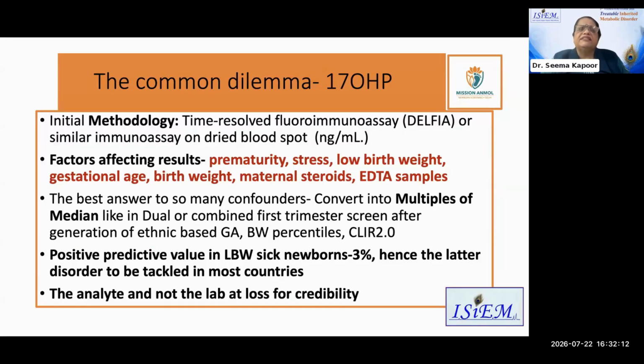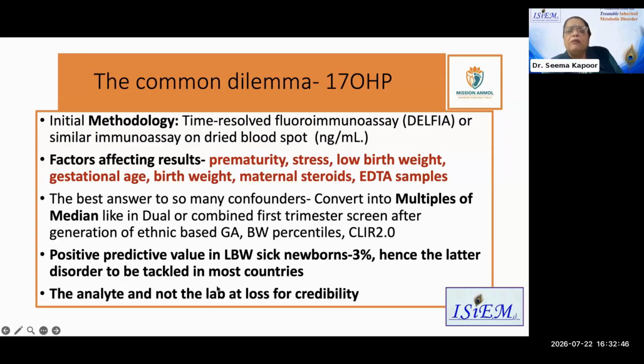The problem with CAH is that it is not a single peak on any of the systems. With CAH, all these markers, 11-deoxycortisol, deoxycortisol, pregnenolone, progesterone, dehydroepiandrosterone, all of them go and make the same peak. So you really don't know what is coming up,